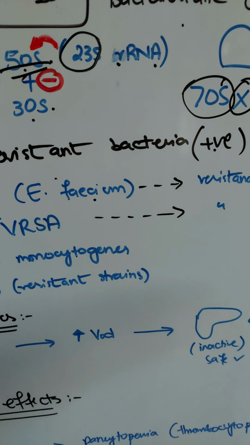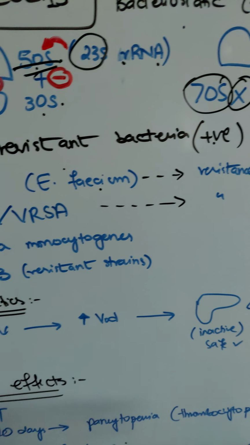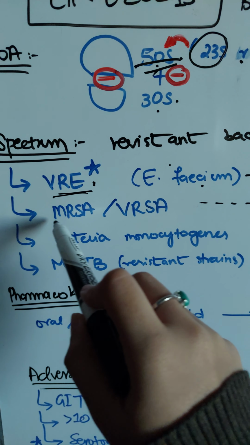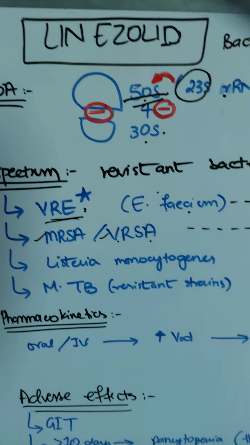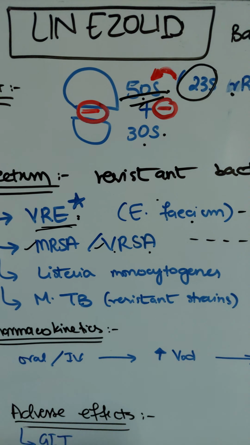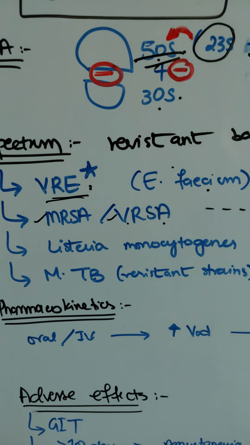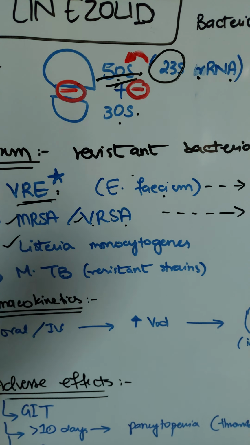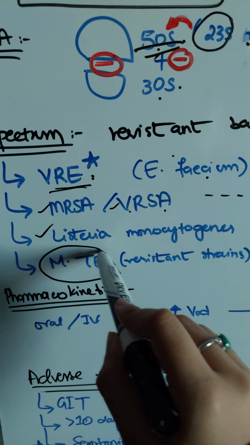biliary infections, and endocarditis. Besides this, linezolid is also used for MRSA and VRSA, or vancomycin resistant staph aureus, even though linezolids are not preferred for this; we prefer streptogramins, but anyways. It's also used for listeria monocytogenes, which is also gram positive, and lastly it is also used in mycobacterium tuberculosis